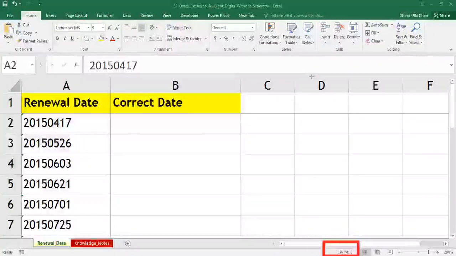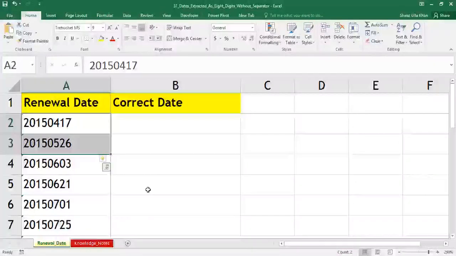But unfortunately, here we are getting only count, which means these two cells are basically text, but the date is a number. So people, the two things which we need to achieve is, one, I need to have a separator between the date, and two, I need to convert this date into a proper number, because behind every date there should be a number.